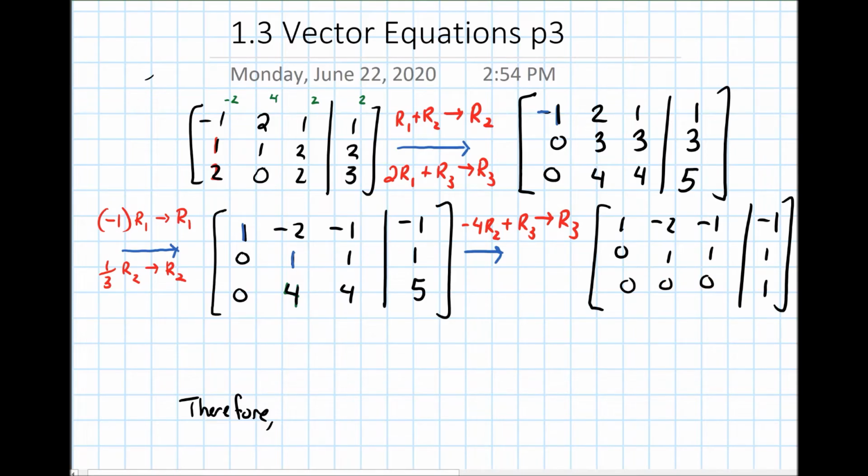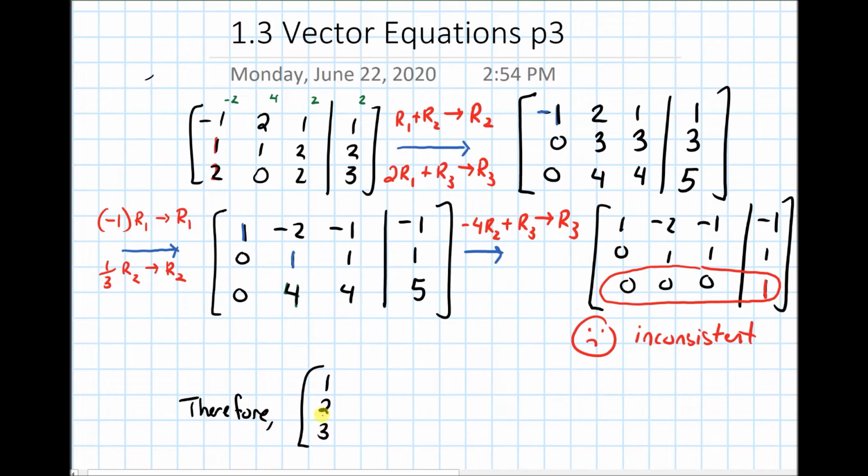Okay. And at this point, I don't need to reduce it any further. I see that I have a row of all zeros on the left of the augmented bar and something non-zero on the right because I have this 1. So right away, I can tell, sad face, this is inconsistent. This is not going to have any solutions. Inconsistent. And because it's inconsistent, that means my conclusion is the vector that I started off with, 1, 2, 3,